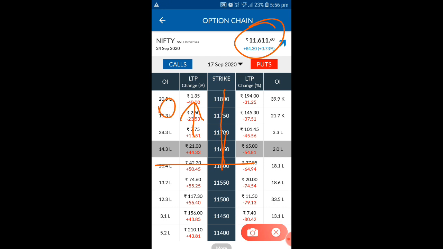And the same thing will happen to the P also, whichever P is from here to here, all will go to 0. So this is the premium reduction. So always be very careful when you are going for a Nifty selection. You have to select nearby the strike rate, so you have to select nearby this area. If it is an expiry day, you have to select either the current rate or below the current rate.